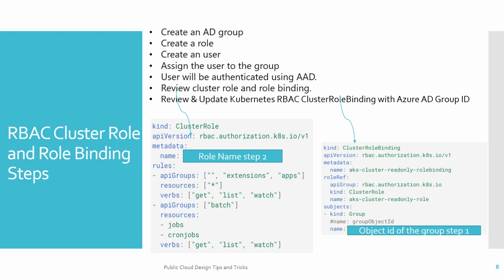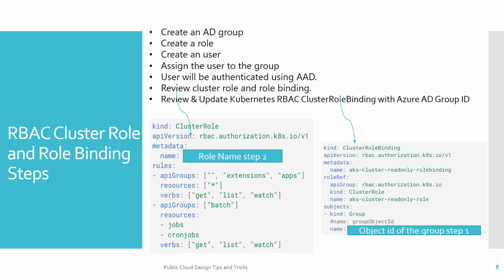Within Azure Active Directory we have to create a group, then we have to create a role, and create the role assignments. And then we have to create a user, and then include that user in the AD group. So the user will be authenticated using AD in the first call that we have already discussed, and then the role binding